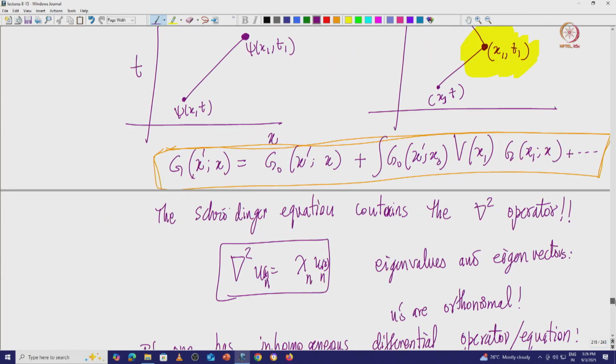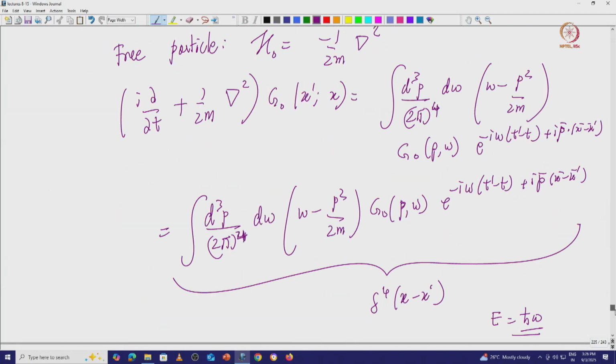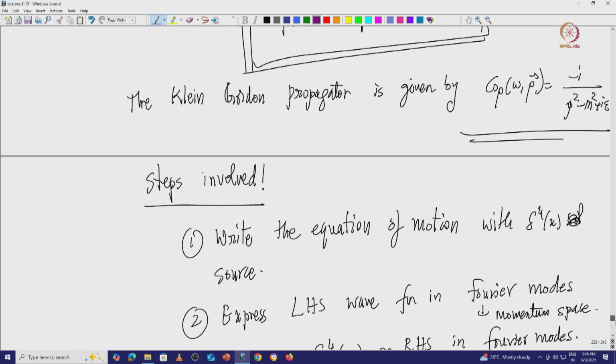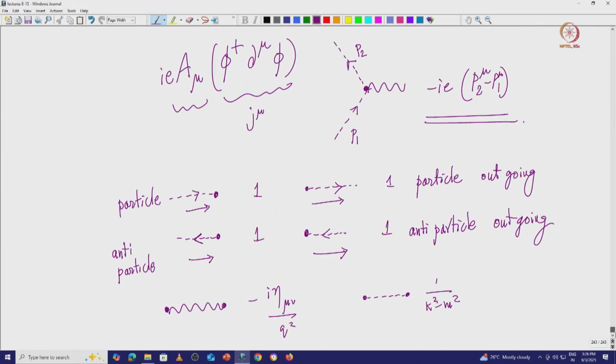The Green's functions method is similar to time dependent perturbation theory. I am not going to repeat the formalism here. From this formalism you can calculate the change in the wave function in the presence of this interaction term, and how also the Green's function itself changes. So all these things have to be considered. So instead of doing all of that, what we directly did was we can directly write down a bunch of rules essentially. These bunch of rules are given in this particular fashion.